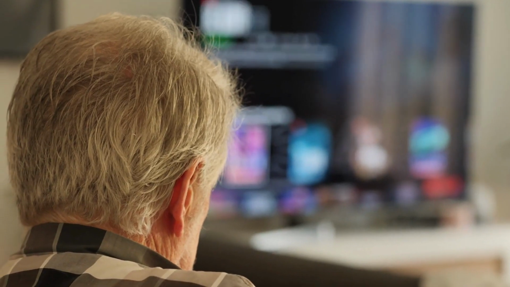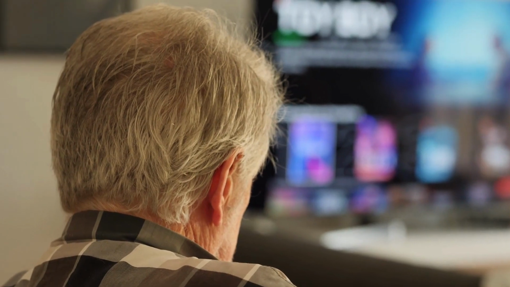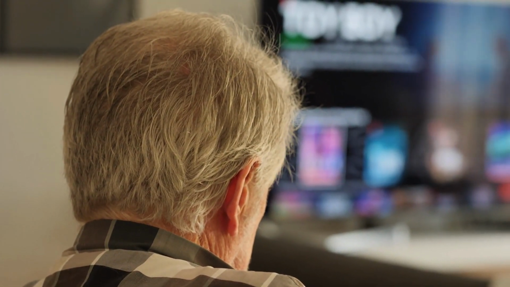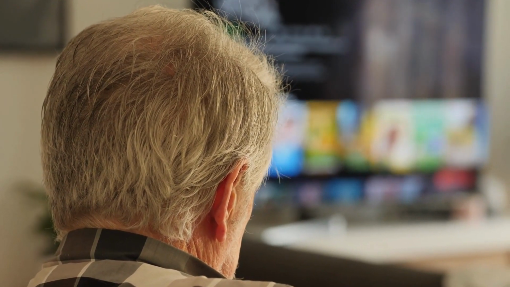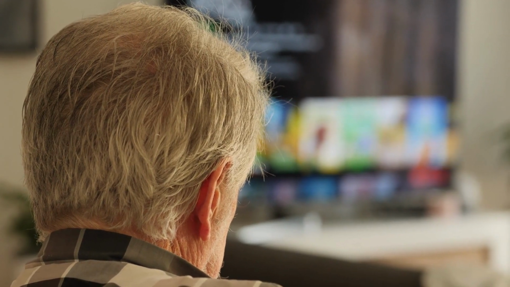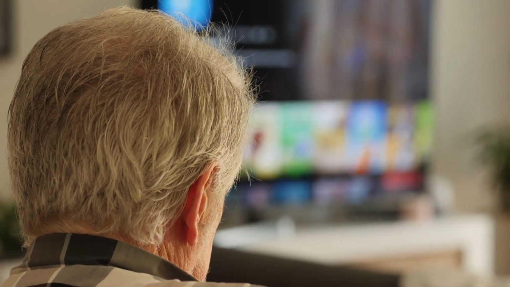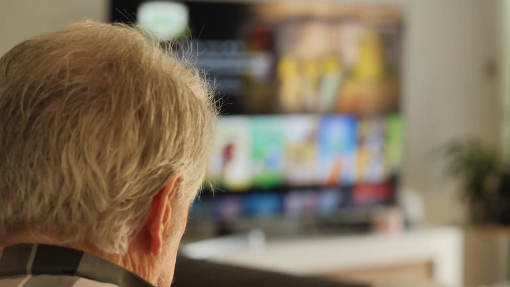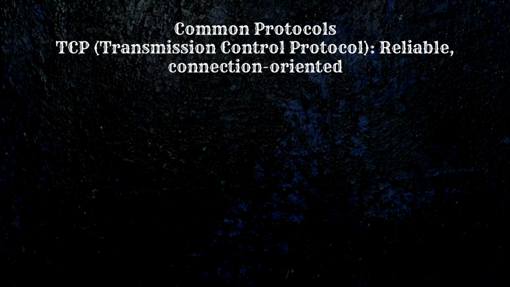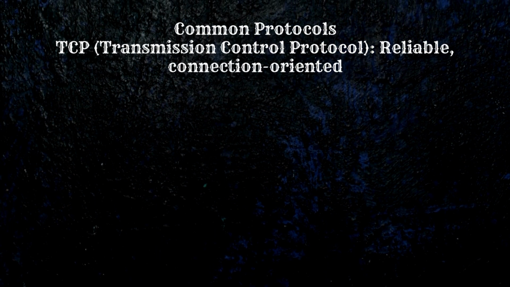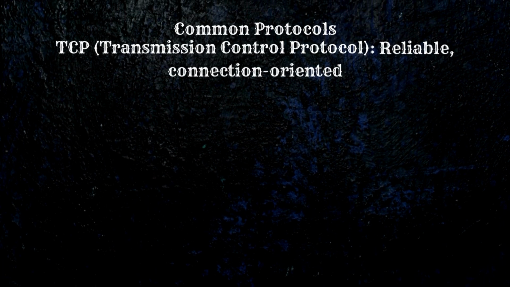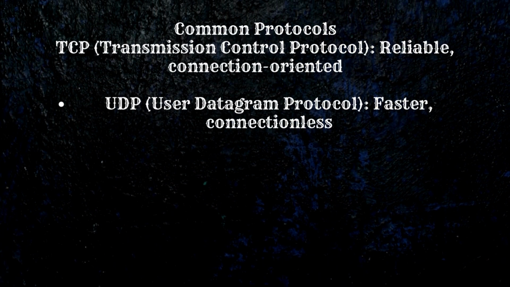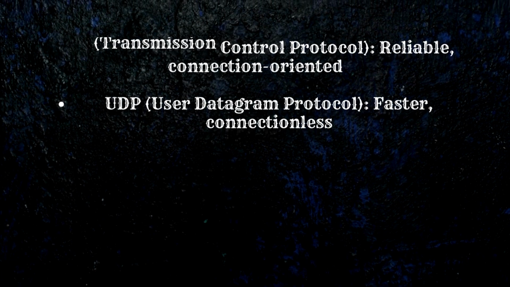When streaming a Netflix movie, the transport layer ensures all the video data packets arrive in order and without errors. If packets are lost, TCP, Transmission Control Protocol, would request retransmission to avoid video glitches. Some common protocols: TCP, Transmission Control Protocol, reliable, connection-oriented, that three-way handshake; UDP, User Datagram Protocol, faster, connectionless, and just goes with best effort;